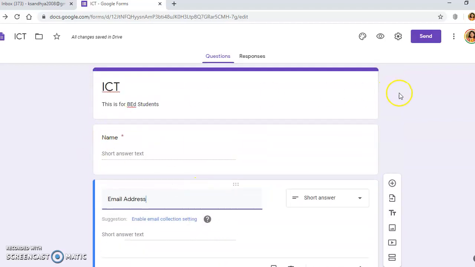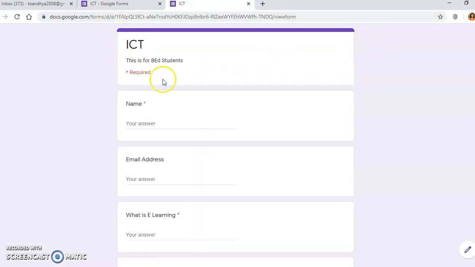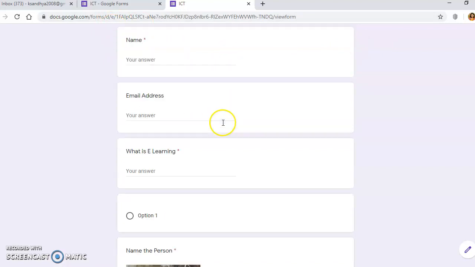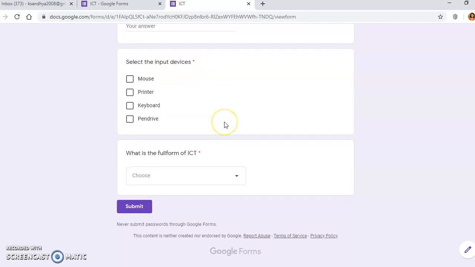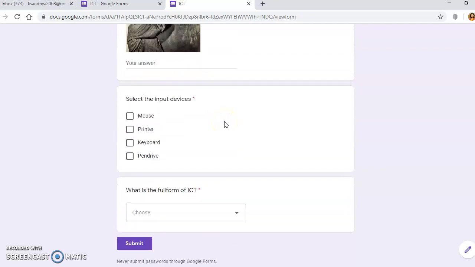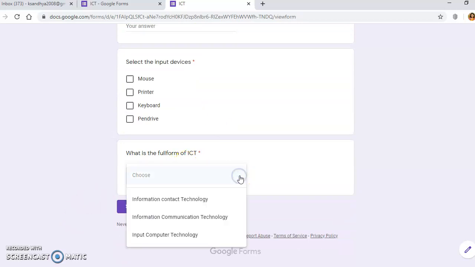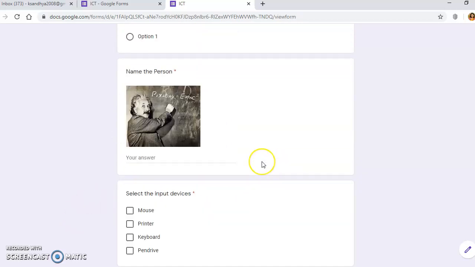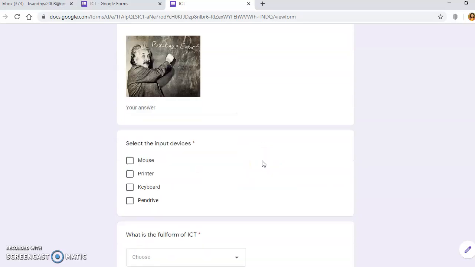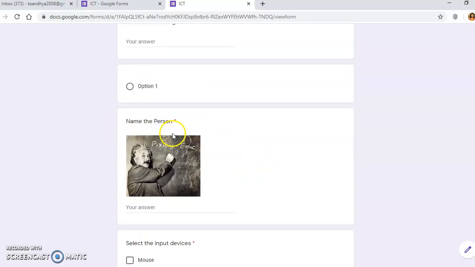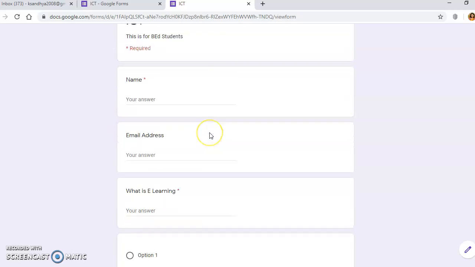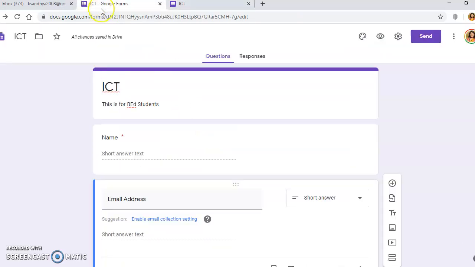Let me see how my question paper looks. So here is one option, preview. So go to that. So your question paper or quiz or Google form will look like this. If you want to add anything in it, you can add. Okay, so see the drop down menu, this will look like this. Okay, so where there is a box, these are check boxes. Where there is a circle, there is only one option.